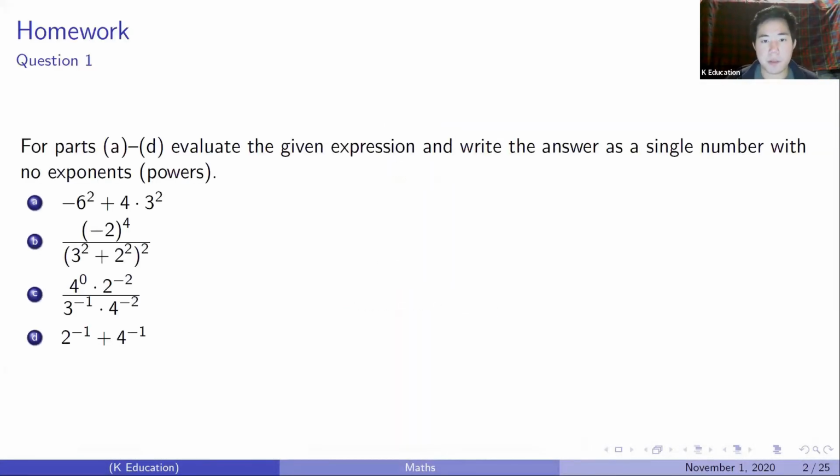So yeah, as always, we'll start with the homework. With the first few parts, you were asked to evaluate the powers and give your answer as a final number, with no powers. For part A, there was a very common mistake that people were making, which is that the -6², a lot of people took that to mean